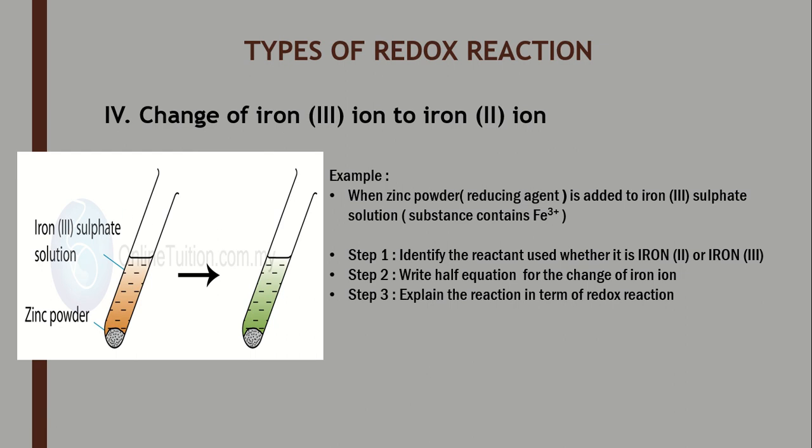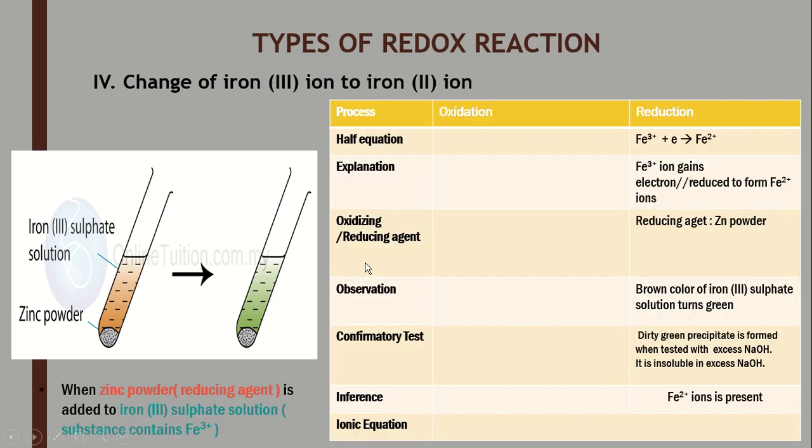Okay, so sini dah clear dah, from 3 plus convert jadi 2 plus, bermakna dia dah reduce dia punya oxidation number, bermakna dia adalah reduction process. Okay, so write the half equation for the change of ion 3 to ion 2 and then explain macam biasa. Okay, so since this reaction kita dah jelas dah, ion 3 pergi ion 2 is a reduction, jadi terus kita buat bahagian reduction dulu. Okay, so Fe3 plus convert into Fe2 plus, so it is a reduction process, so it